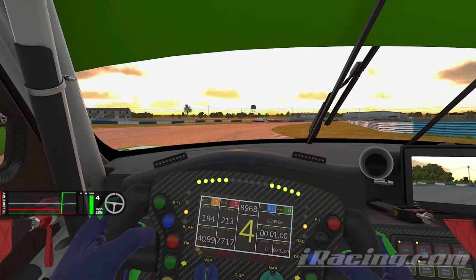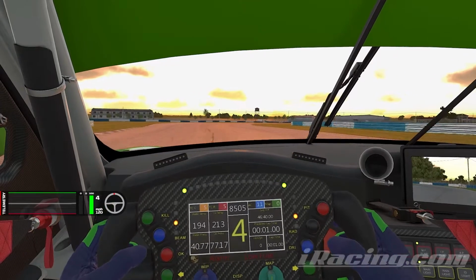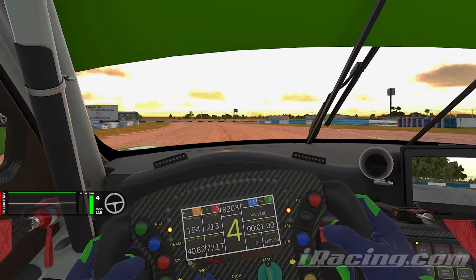So as you can see here, I could have stayed wide here, and my turn in would have been much later and to the left of the road, so that by the time I reach that 3 cone, I'm already on the left side of the road. I don't think that's necessarily necessary, simply because doing it this way, I am still full throttle, and I'm full throttle longer because I don't have any kind of steering input that I need to put into the car, and I'm shortening the track